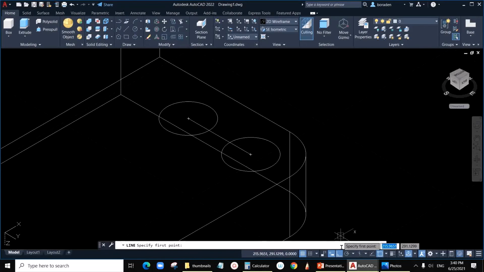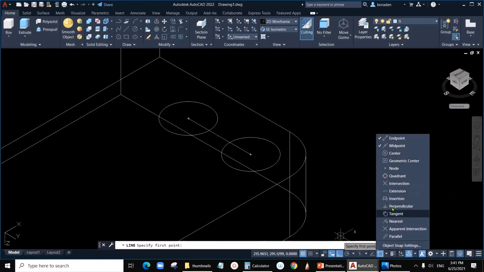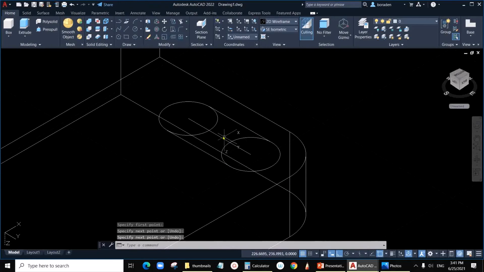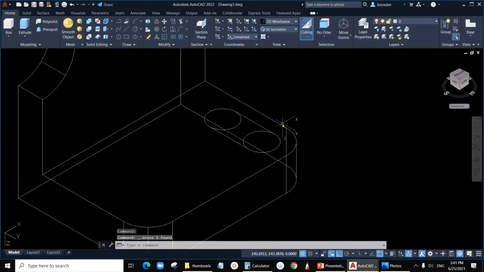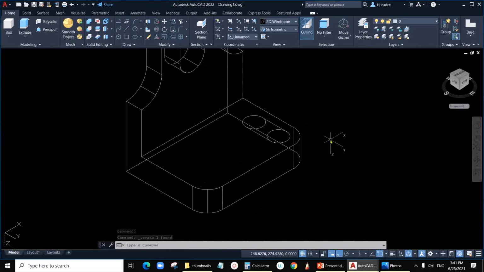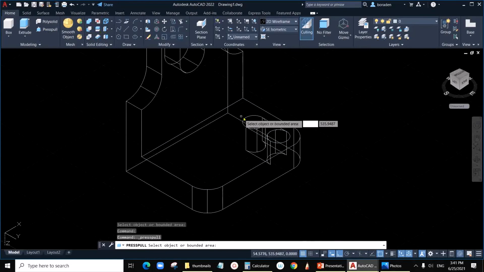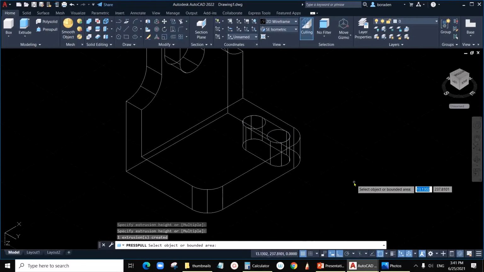You can draw a tangent line, or you can use quadrant also in this case, quadrant to quadrant, because they are of the same size, and the line quadrant to quadrant of the circle. You can delete the center line, you can press pull this object, or fine, press pull all this. Okay. More, press pull the circle also, more, press pull this one also, more, and